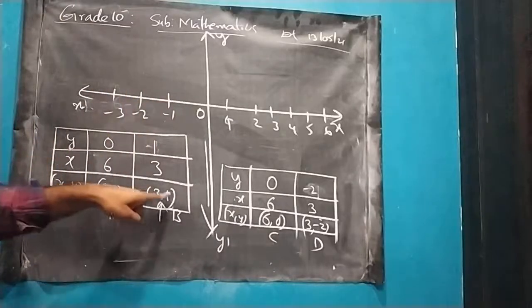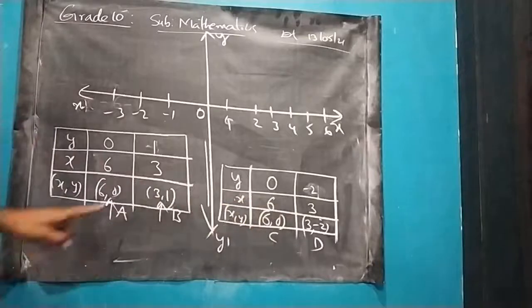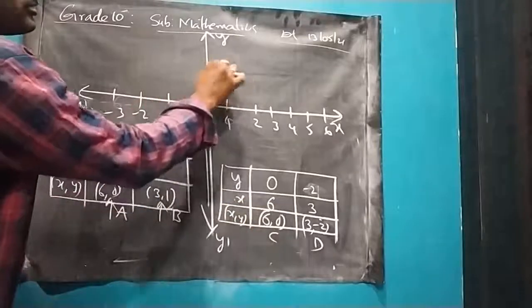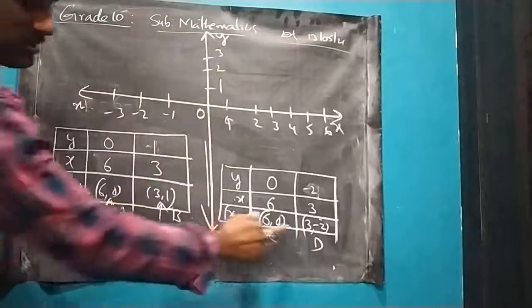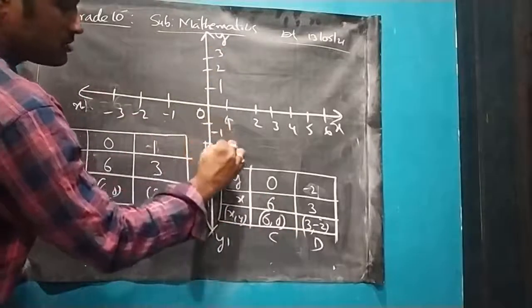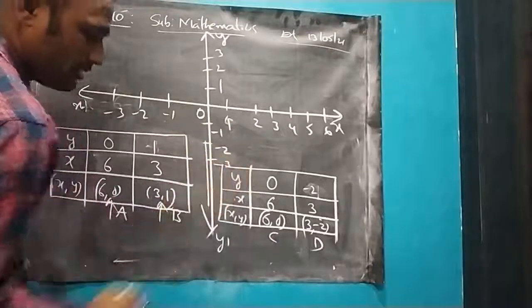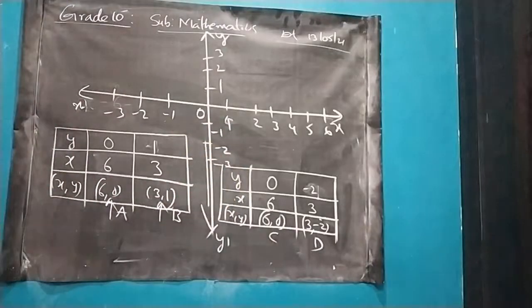Next, the y value, what is the highest value? Okay. In plus it is 1 that is the highest, so we can stop up to 3. In negative, in the minus numbers, what is the highest number? -2. So we can stop up to -1, -2, -3, an extra one, we will take -3. In this manner, we have to plot the points.